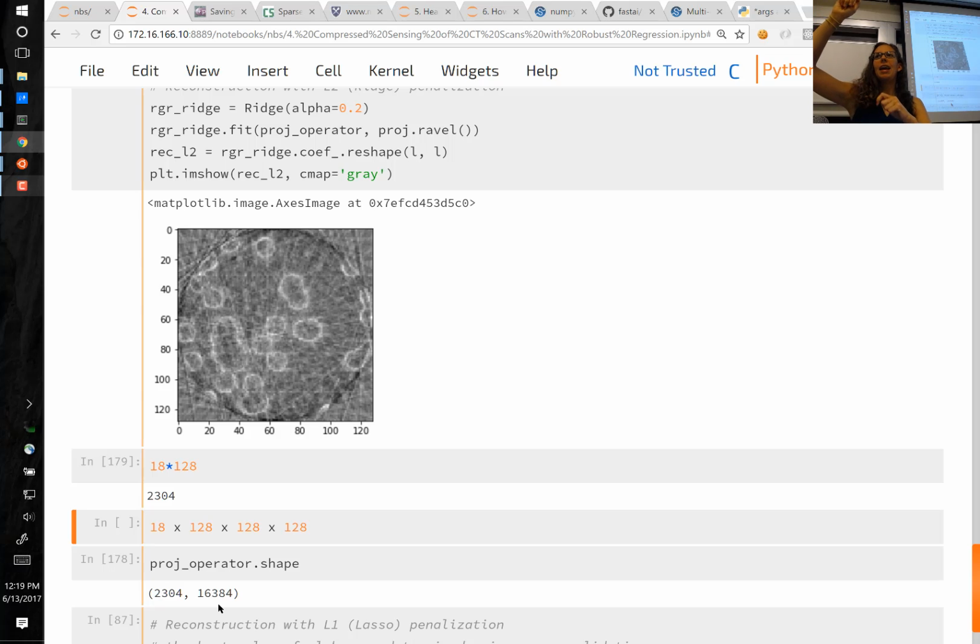Basically, that's getting multiplied with this X-ray, we have 2,304 different X-rays, you could think of it, since we wanted to take an X-ray reading from 18 different angles at 128 positions for each angle. So that might be helpful to think of, you have 2,300 separate